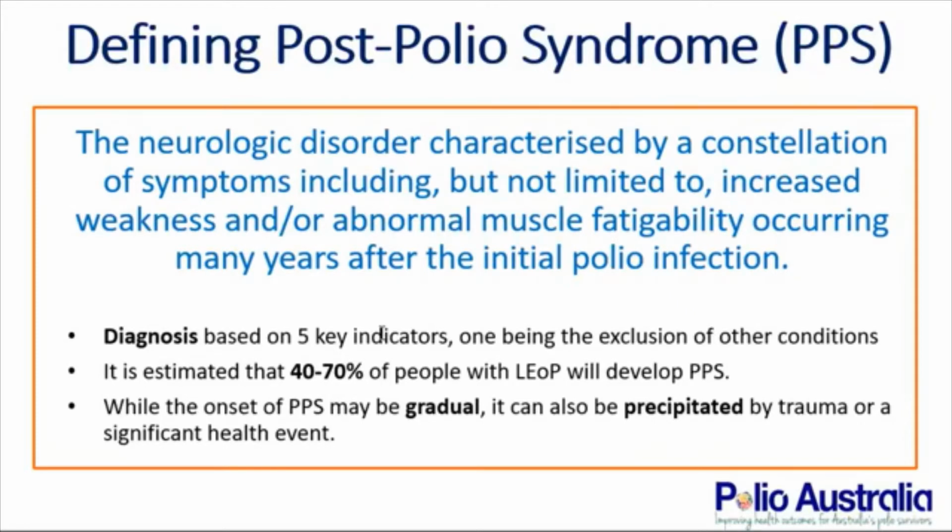So post-polio syndrome is usually diagnosed by a rehabilitation physician or a specialist, a neurologist, not usually your GP. You would go to a clinic and maybe get assessed. In Western Australia, the Fiona Stanley clinic is one that stands out. And on the Polio Australia website, you can look at the list of clinics still operating across Australia. If you had a patient that you think needed a closer look and referral to a clinic, you can see that list on the website.